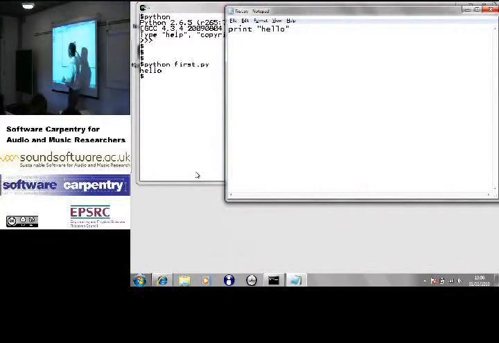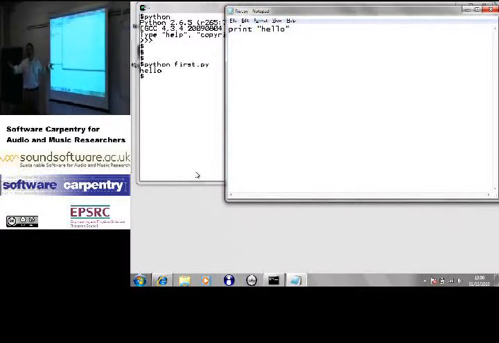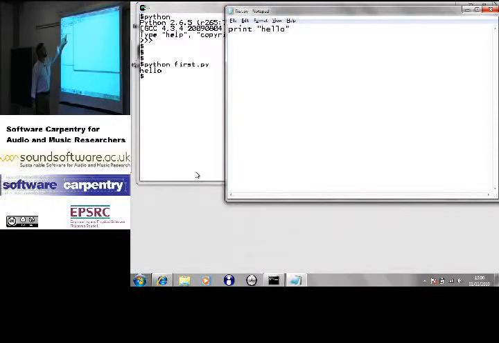This is my text editor, and this is what I want in the file. This is a Unix shell, a DOS prompt in Windows. This is something that just knows how to take commands as text and say, okay, what do you want me to do? Okay? This is not Python itself. I apologize for the confusion. I think one of the reasons that you were confused is that that prompt was set to be hash, which is the common character in Python, and when these two windows were together, it's visually not distinct, right?